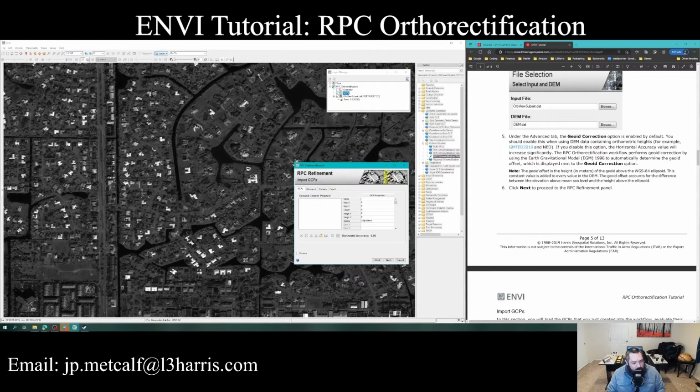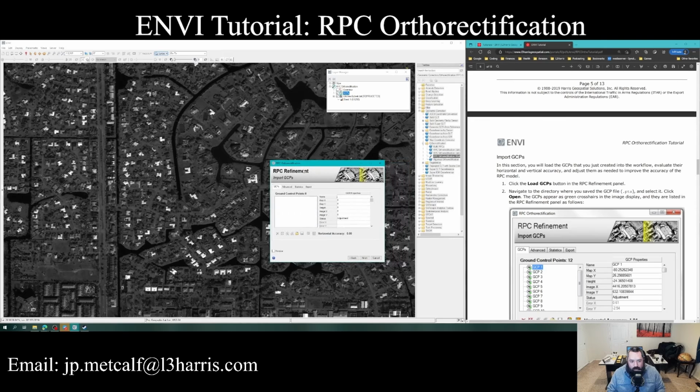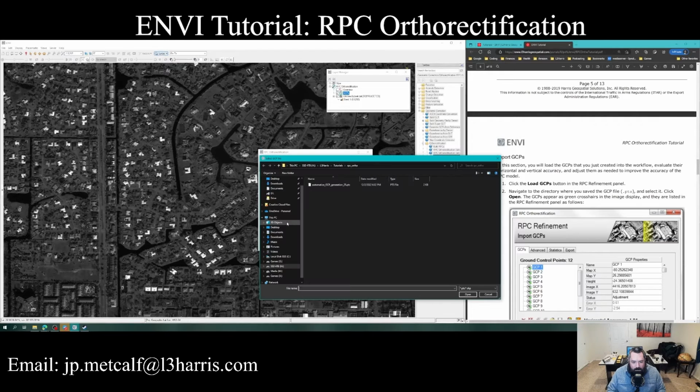And we're looking at this OrbView image, which is kind of cool. It looks like there's a bunch of waterways everywhere. This is in Florida. And then we're met with the RPC refinement. So now what we have to do is import the GCPs. It looks like I don't have a lot of information here. There's no horizontal accuracy. So the next thing I want to do is look at these icons down here. They're all grayed out except the one that says load. I'll hit load, and then I'm going to bring in the, I spelled it wrong, automatic